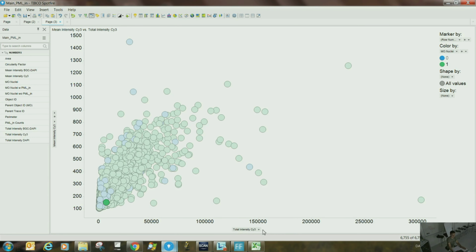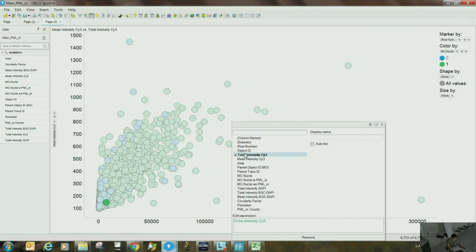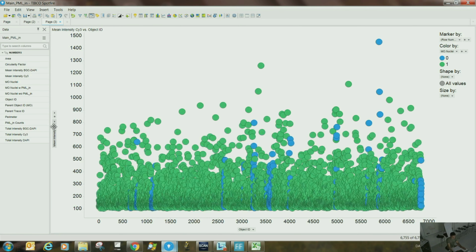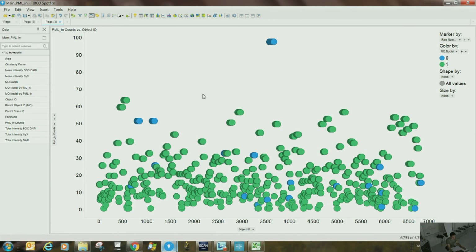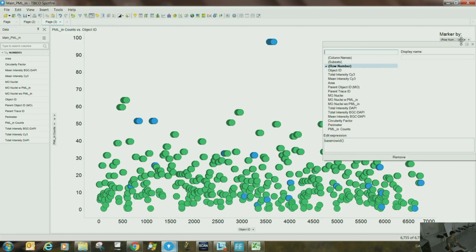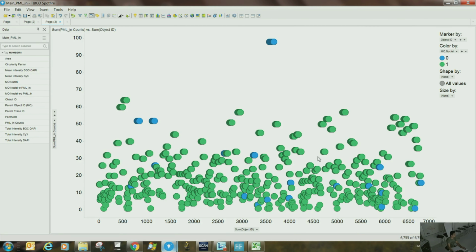Scatter plot, and then you can go to object ID, and here you can say count. Stratified by